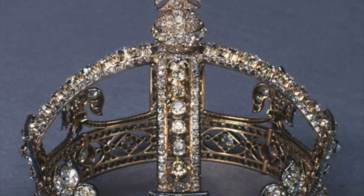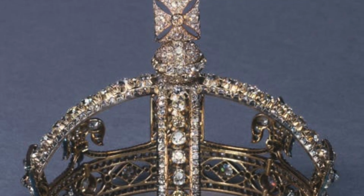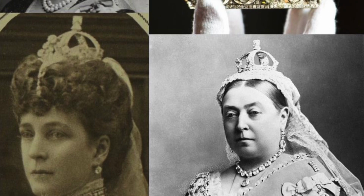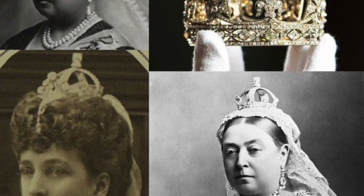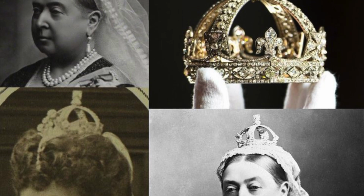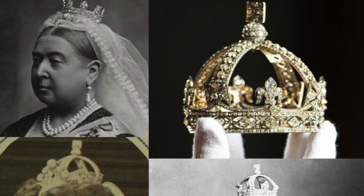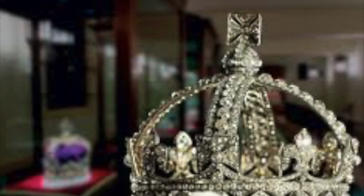And in the late 19th century, England was overrun with medieval aesthetics, embracing a Gothic revival. The small crown's rounded arches echo the style of late medieval and early Tudor crowns, reminiscent of the Tudor state crown depicted in portraits of Henry VII and Henry VIII. Thus, this small crown not only symbolised Victoria's enduring grief, but also a nod to historical continuity and the stylistic